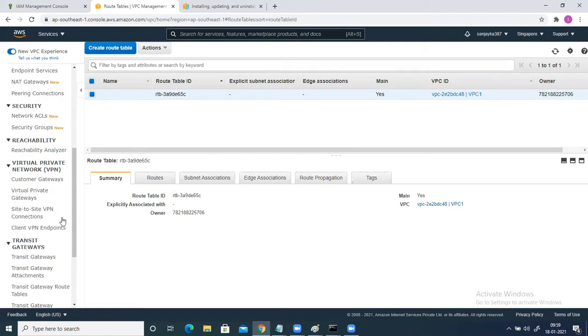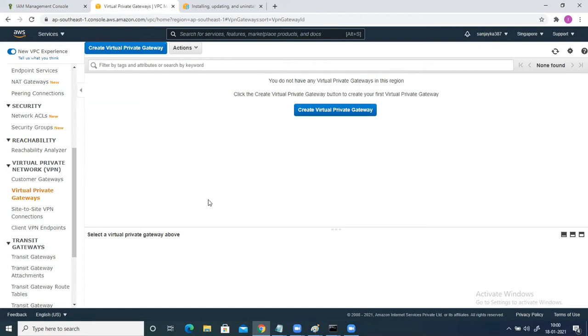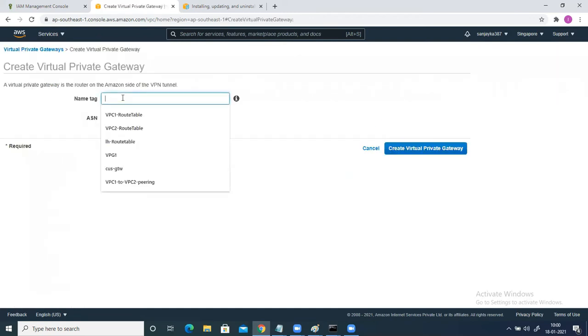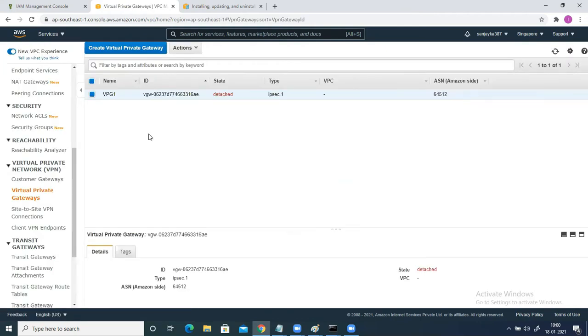First of all, I just need a virtual private gateway. So click on virtual private gateway, create a virtual private gateway. Let's say I'm naming it virtual private gateway 1. This is the name, and just go ahead and create it. Currently this VPG, virtual private gateway, is in detached state. I need to change this state, and attach this VPG with my VPC.